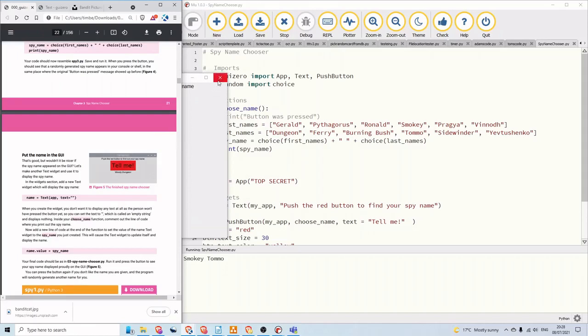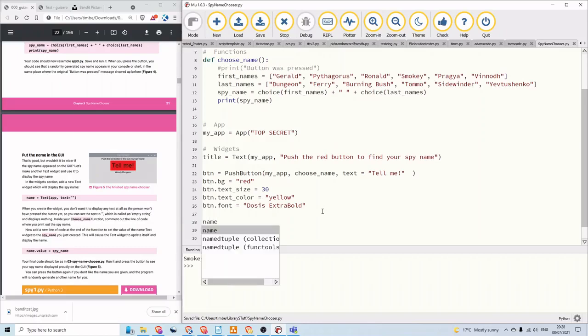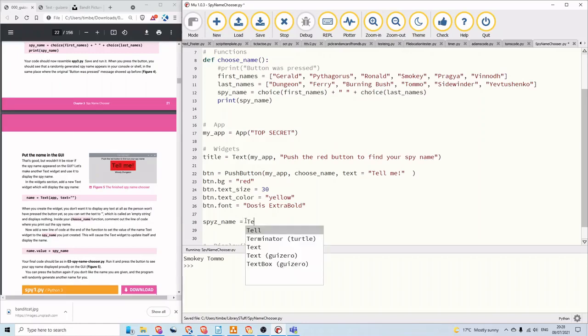So we're going to create another widget, and this will go under our button, and we're going to call it name. I don't like to use names because that's a word that you use within programming. So I'm going to put spy's name, and I've made that deliberately different to the spy name up there just so I didn't get confused. Equals text sitting within my app,